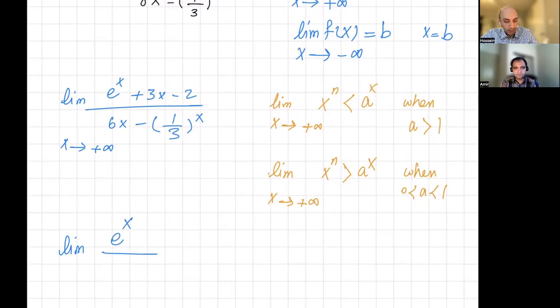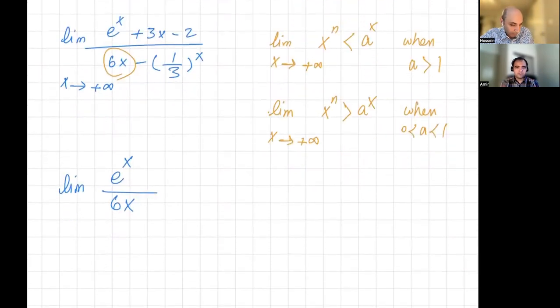Okay. Right, the dominating term here is 6x, so I'm going to write that down. As x approaches positive infinity, I'm going to just get rid of the rest. And then if we look at this shorter expression here,